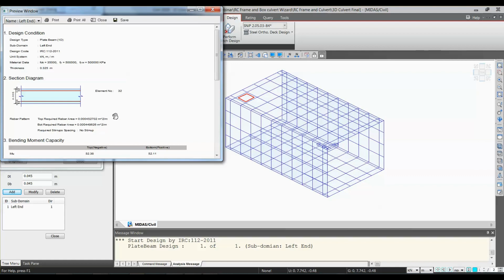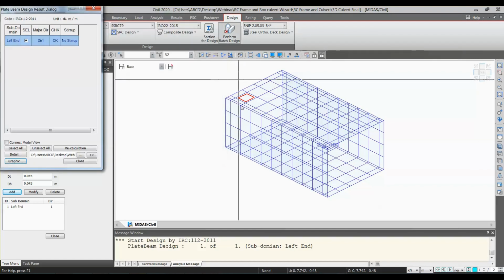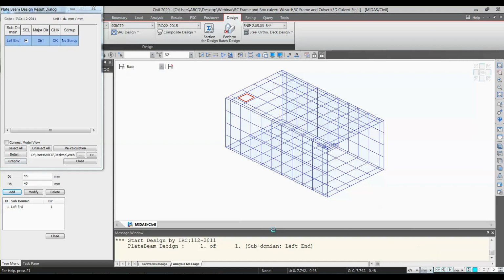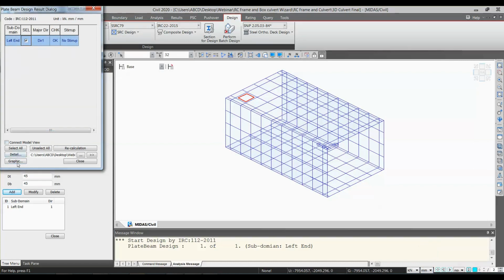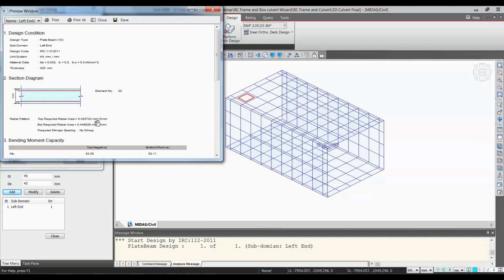So this is 0.00045 meter square per meter. Now if you click on mm, then it is 0.45 mm square per mm.